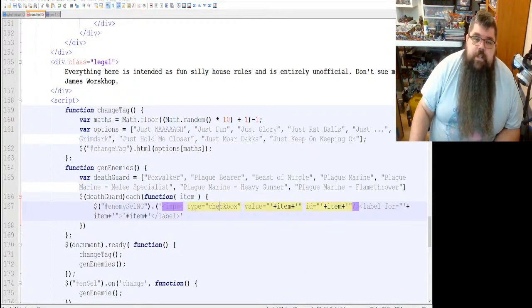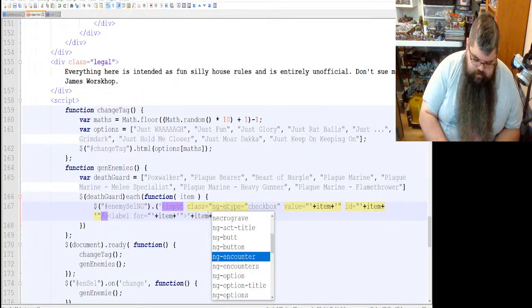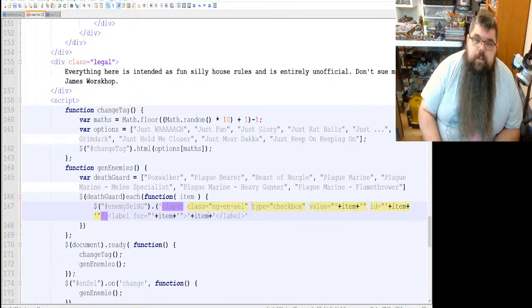This is creating a checkbox input. It's going to need a class, so let's assign it a class. Class equals ng and cell. I don't think I've used that one yet. It's saying it's type checkbox. It is saying the value is going to be whatever the value from the array is. And it's giving it an ID, which is the same as the value. And then it is assigning it a label, which connects back to the select element. And then it is saying it is that item. That's what that should do.